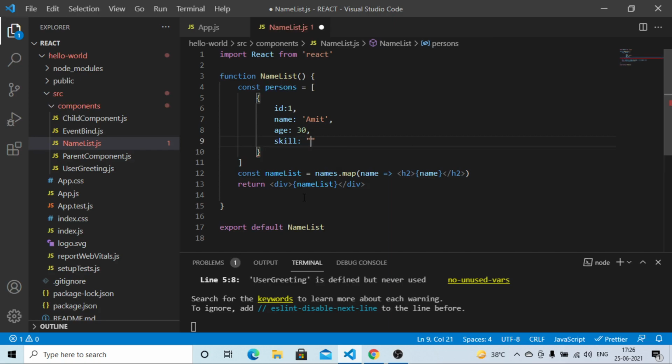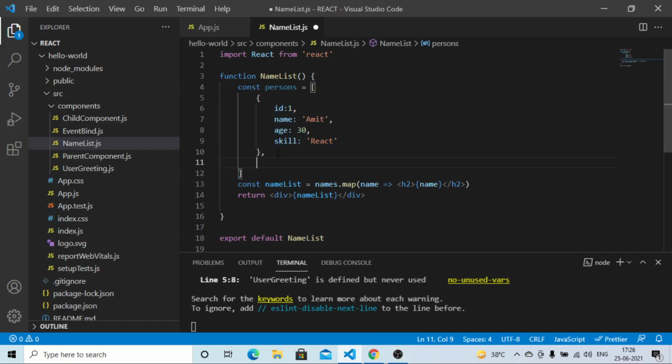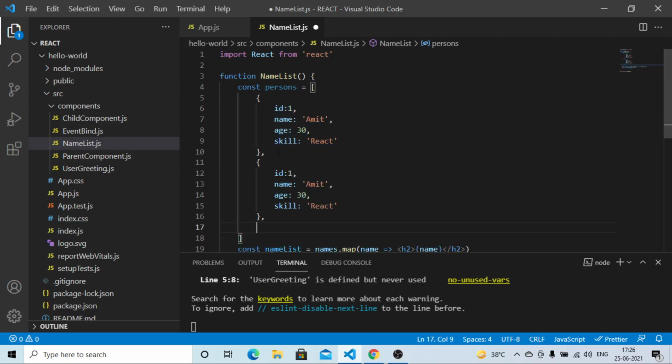For example, in this case we can have React. Now, comma, we can copy this, and we can copy this.